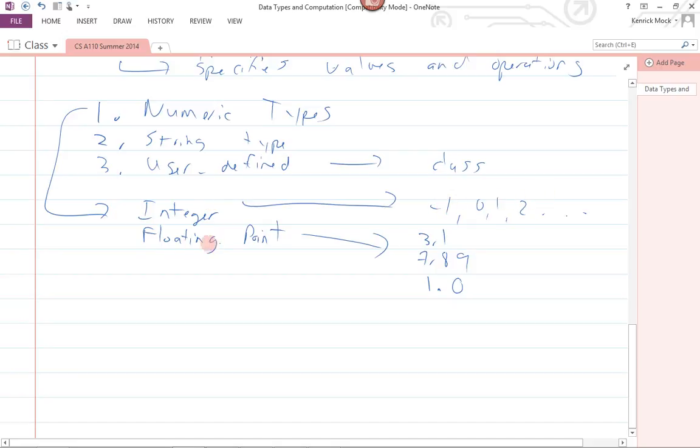And if you make something a floating point type, it could store integer values, but it would be using a different representation to store it. So that's something to keep in mind. All right, so what are the different integer types? So now if we dive into integer types over here,